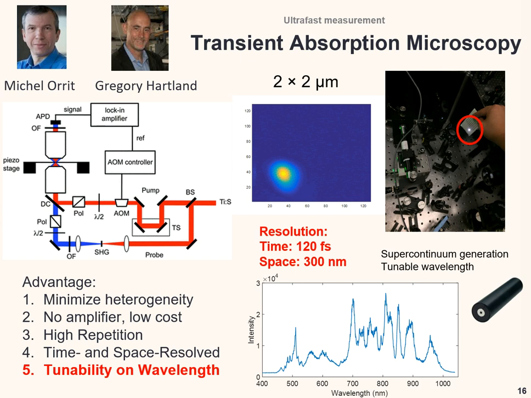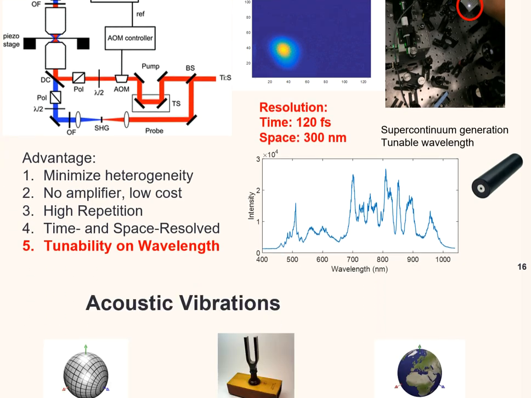There are a lot of advantages. First one is we focus on accurate single particle determination. Second one, we do not amplify. That's the key part. We do not destroy the samples. Our pulse energy remains very low. Third one is the time resolution, which is about 100 frames a second, still very good. And also I provide spatial resolution, which is about 300 nanometers. It's still a microscope. And I have tunability of the wavelengths.